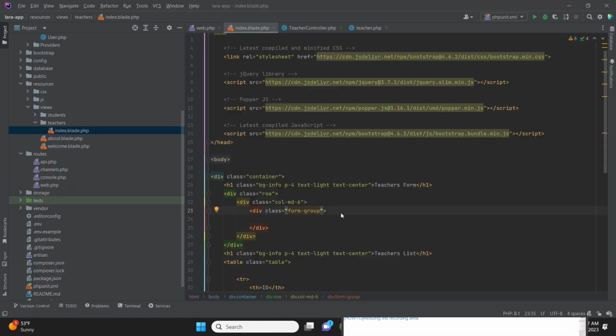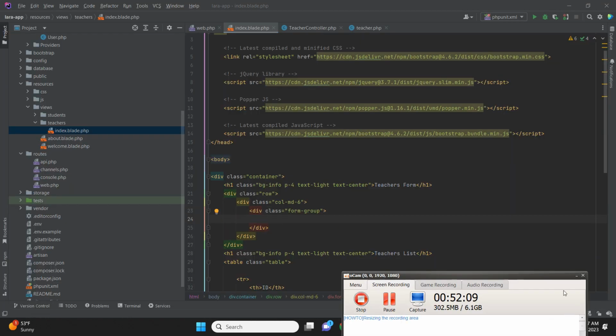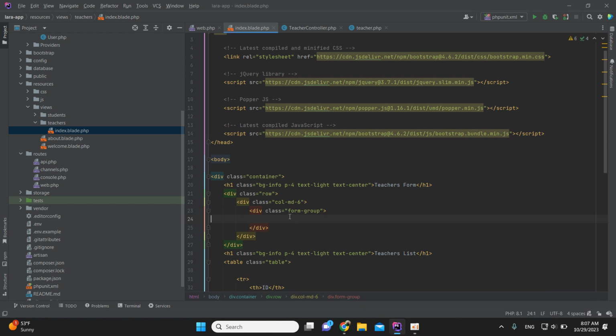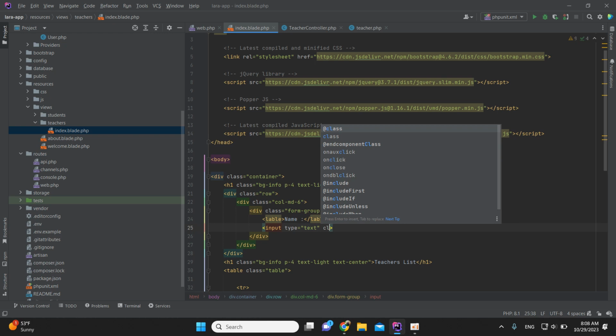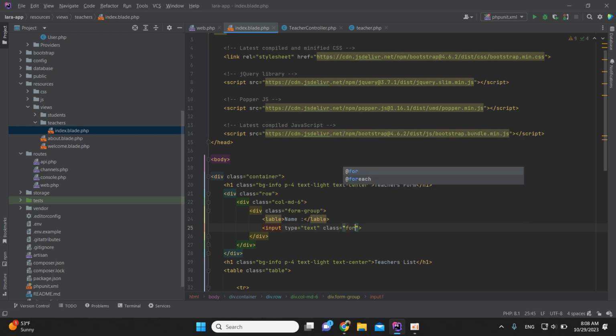Yeah, so we were here, for example, اینجا میایم و میگیم که form group شد، نه حالا مثلا میگیم که یک لیبل باشه, label and then that should be like name, and after that we want an input field type text and then a class form-control و میخوایم که کل فارم ما در داخل یک فارم تگ باشه. So what I'll do بیرون